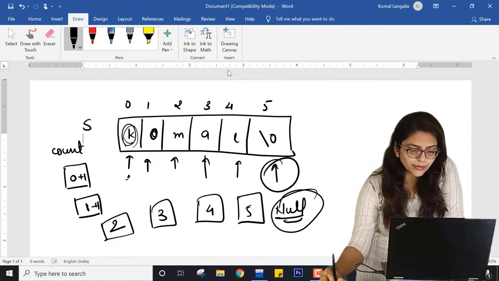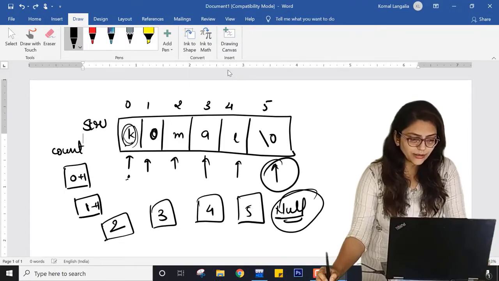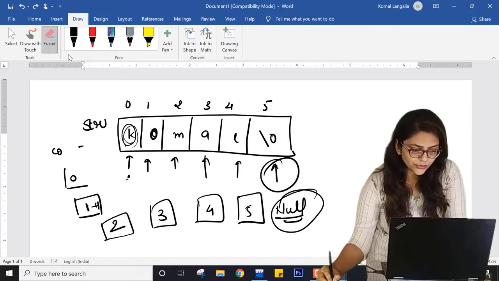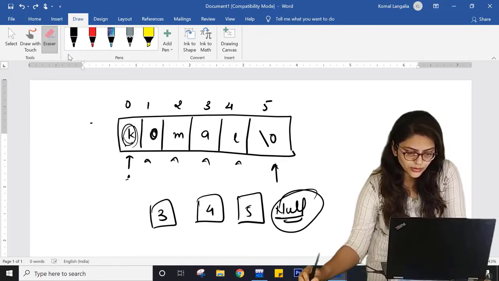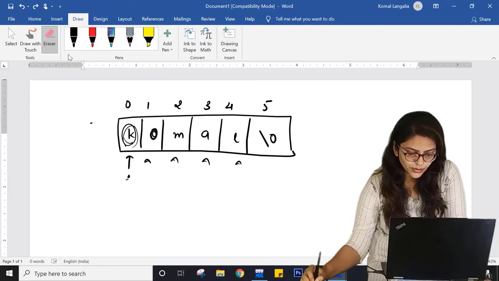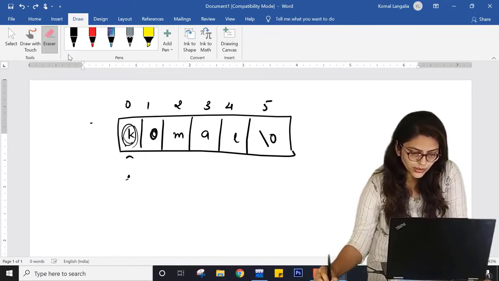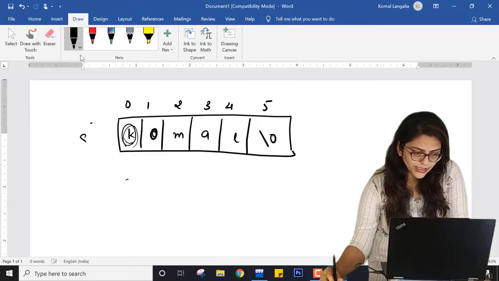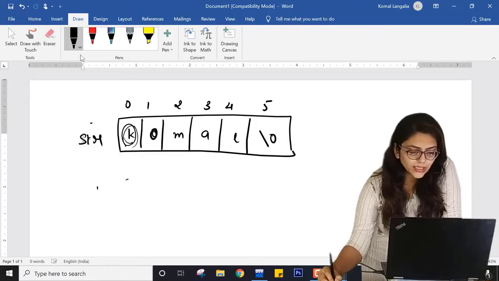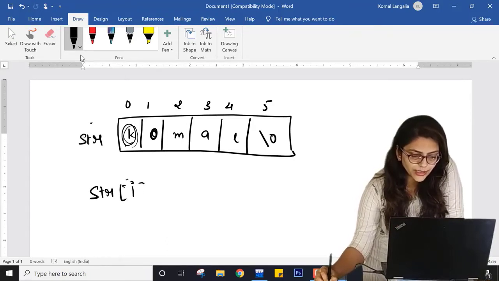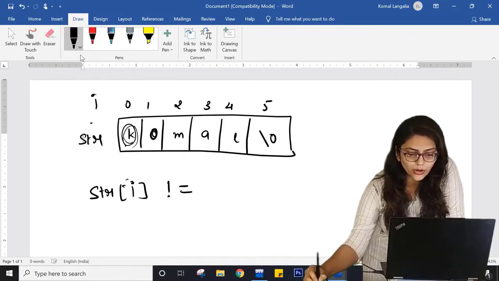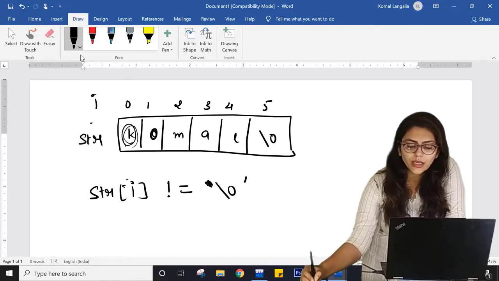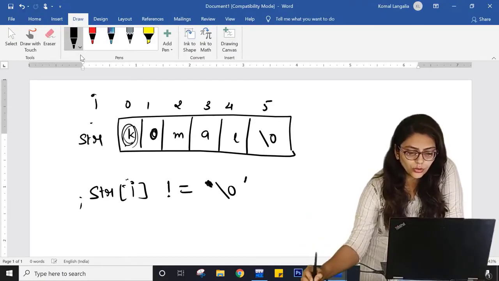What is my logic? Let me erase every extra term over here. Suppose I give this the name str. Then if str of i, because I know i is the index, is not equal to single quote null, I am going to go further with the loop.